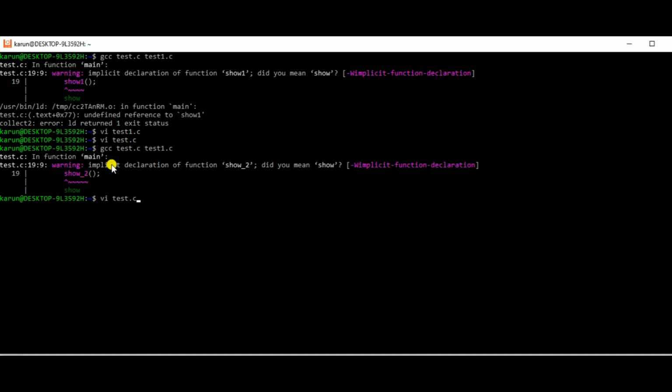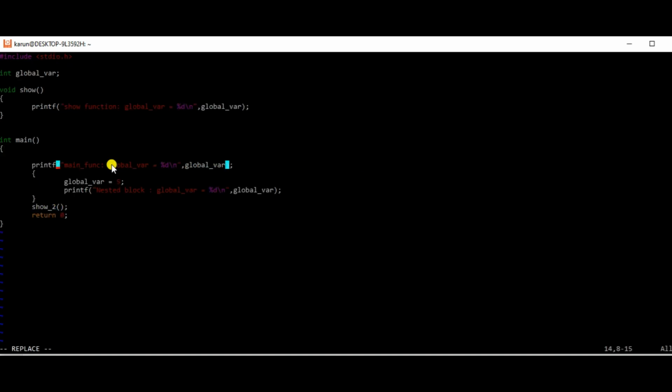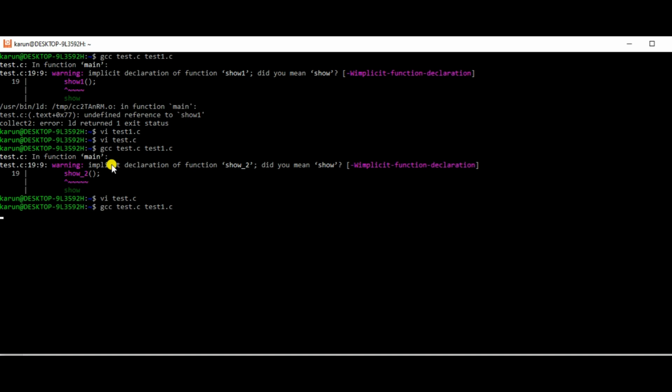If you want to remove this warning, all you need to do is just do a declaration of the function like this, and with this much, if I compile again, the warning will be gone. So it has generated our out file. If I do a.out,